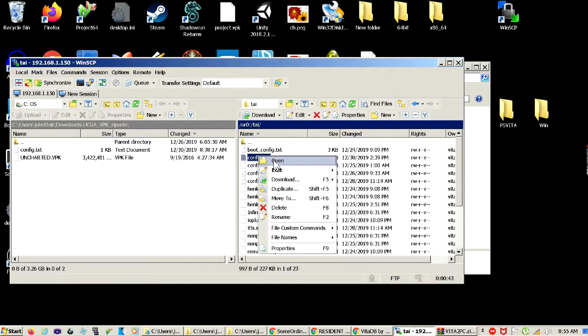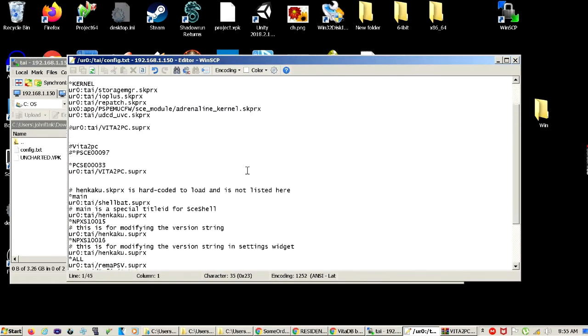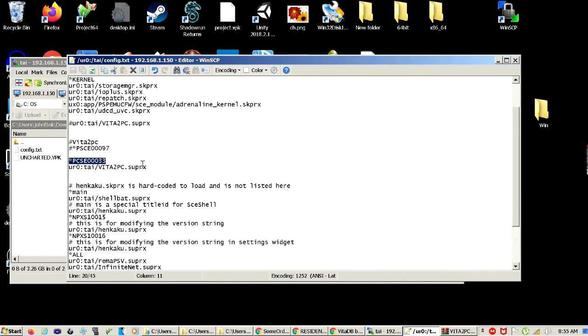Now what we need to do is download and edit our config file, because this is the tricky part. Now, if you're paying attention to the README file that comes with it, you can't put it in the main or the kernel because the plugin won't work. What you have to do is get the game ID for the game you would like to stream, and then you'd put this line under it to load the plugin for that specific game. Now, you might be saying, how am I going to get the ID code or the game ID for my games? Well, you can simply load up